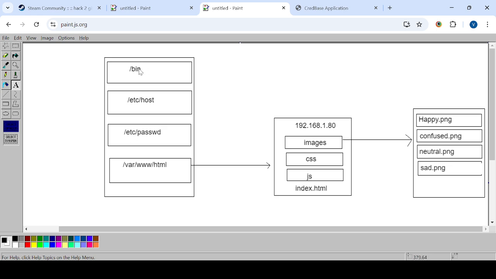Now what is this? Slash bin is one folder, slash etc slash host, these are nothing but a directory. In Linux, folders are called a directory. So slash etc slash password, slash var slash www dot slash html. So you can consider this as a Linux environment,